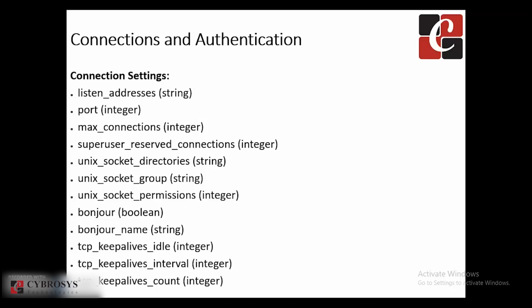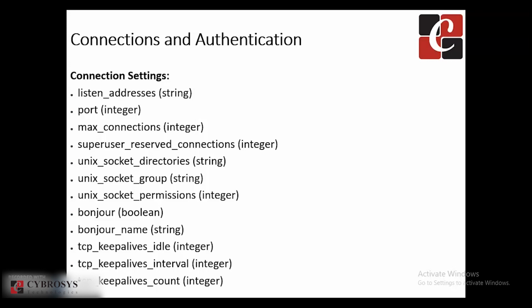Okay, first of all, the listen address. So listen address by default is localhost, and it specifies the TCP/IP address on which the server is to listen for connections from client applications. So it takes a value. The value takes the form of a comma-separated list of host names or IP addresses. Then port, it accepts an integer value. So TCP port, it listens on normally 5432 by default, and this port number is used by all IP addresses that the server listens on.